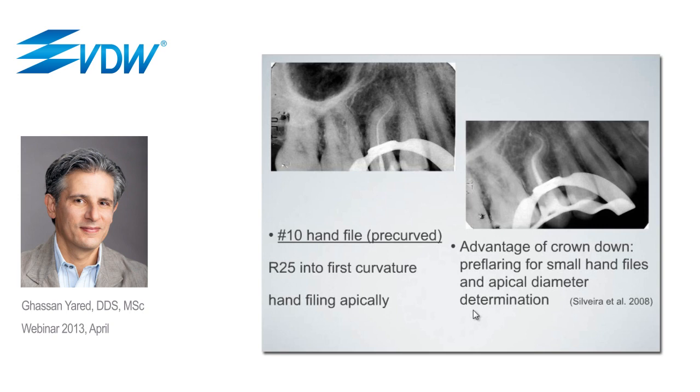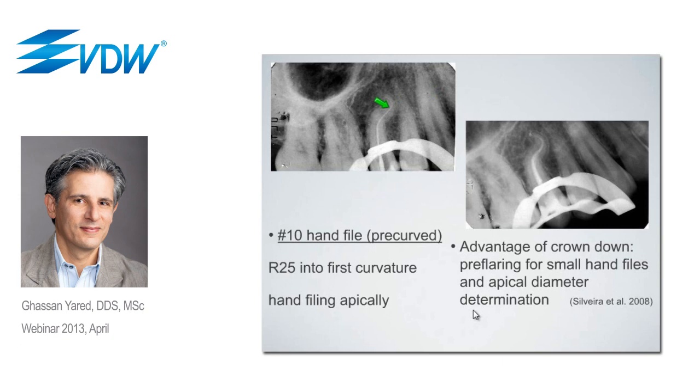At some point, it stopped advancing. This is when I started using hand files, and I knew in this case that no matter what, I would not go into the second curvature with the R25. So this is a case where the Reciproc instrument was used